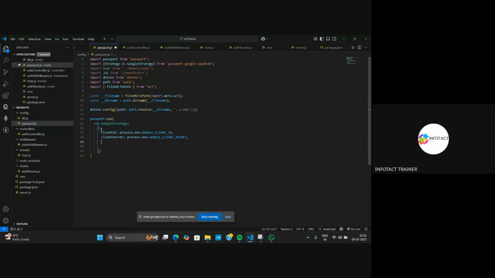After this ID as well as secret, I need another parameter, that is callback URL. And this callback URL is going to be that URL through which we will be able to access that page, where we will be provided with different emails that we are using. And over there, we have to select only one email that we will use to register ourselves inside the website. So here I will write